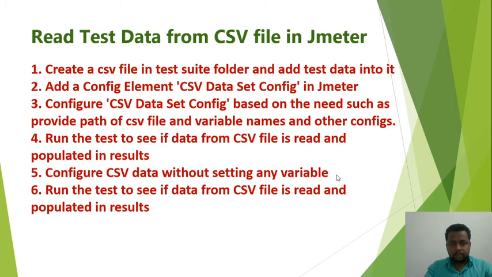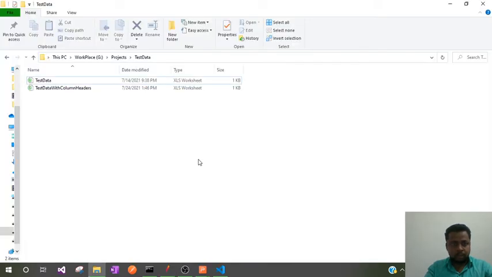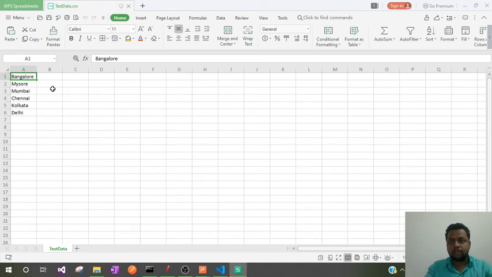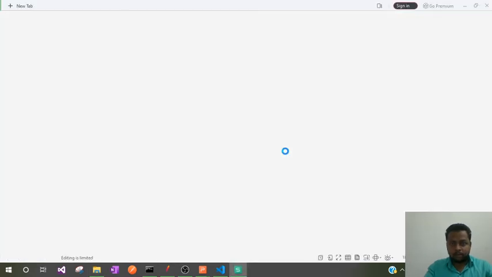Which means that the CSV file which we have referred to here is test.csv. It has only one column. Let me go to the test project and show you. It has only one column, and there is no column name, and there are no other columns. On the other side, we have one more CSV file which contains multiple columns.